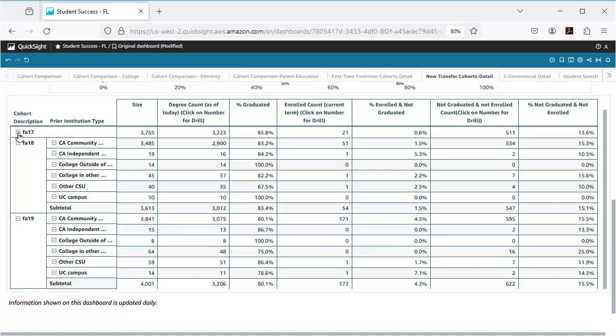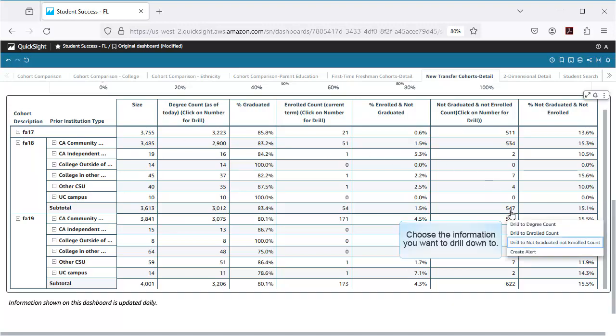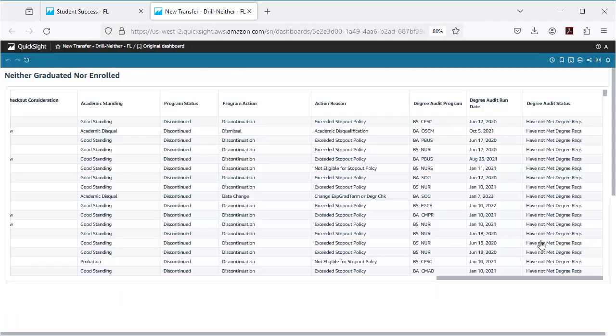I'm interested to know more about the fall 2019 students who are not graduated and not enrolled, so I'll click on the 595 to drill down to student record level data. I'll choose Not Graduated, Not Enrolled count as the data I want to view. The student level data will open in a new tab or window, and I can scroll through the students' contact